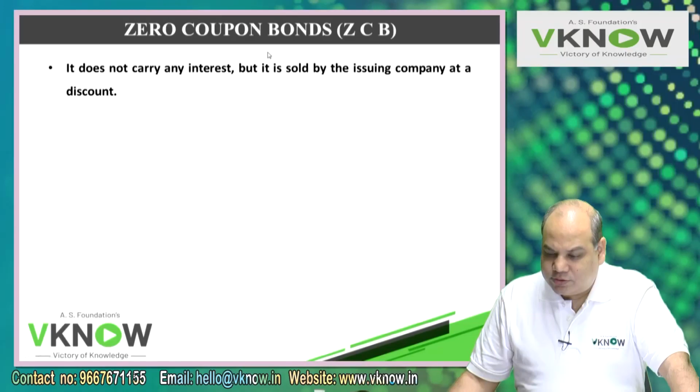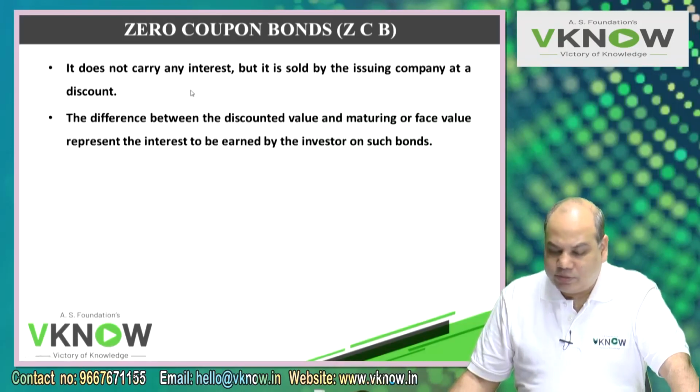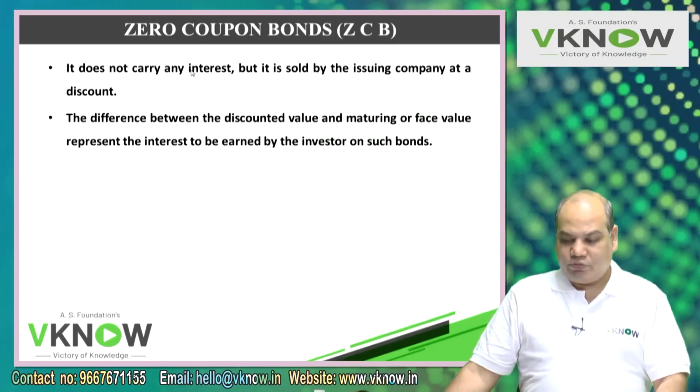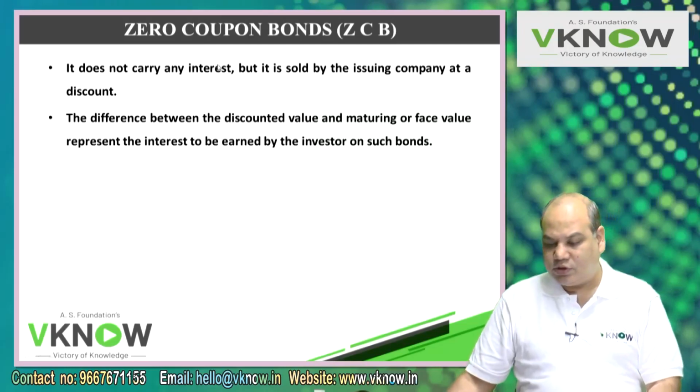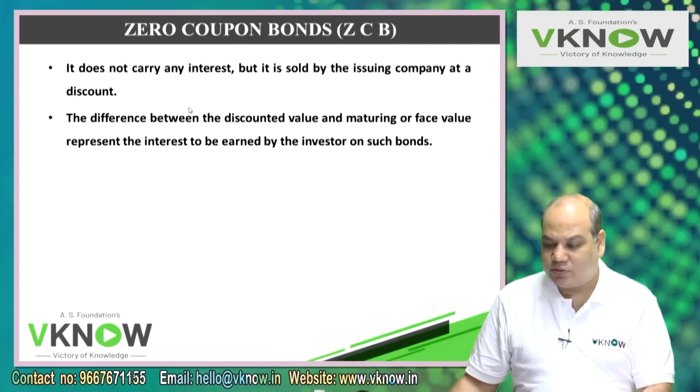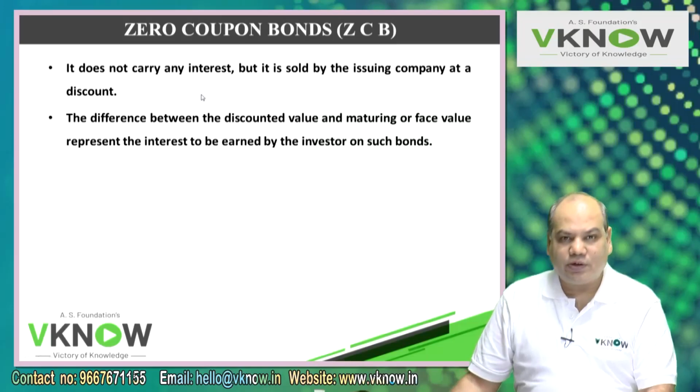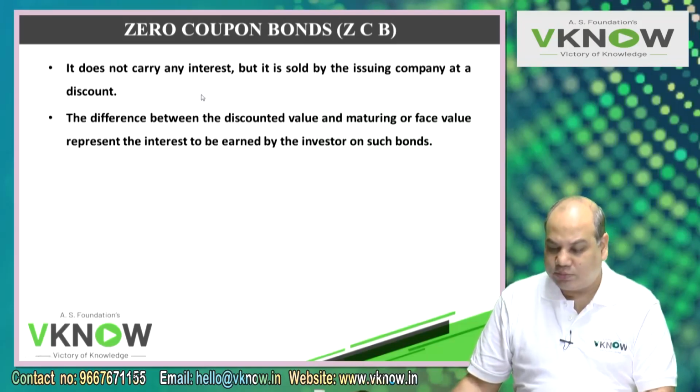Then what is the difference? Zero coupon bonds usually have a lower maturity date. Lower maturity date means a deep discount bond may have a 20 years, 25 years maturity date. A zero coupon bond will have 5 years or 6 years or something like that, 3 years maturity date. Other features are the same. They do not pay any coupon during the life of this bond, but these are issued at a discount. For example, face value 1000 rupees, issue price may be 600 rupees and maturity may be 5 years.